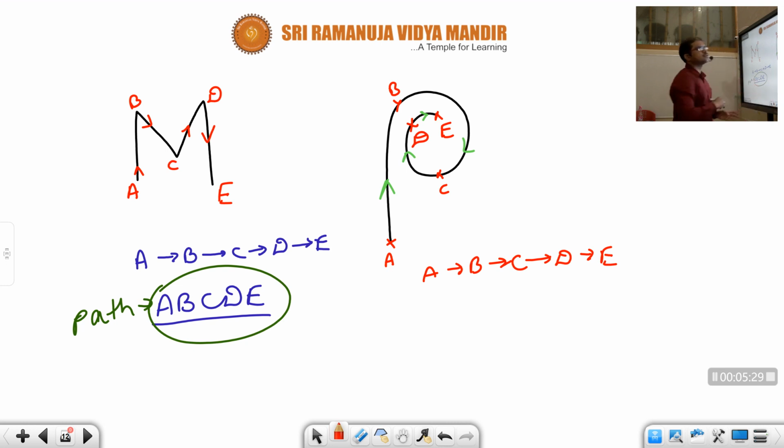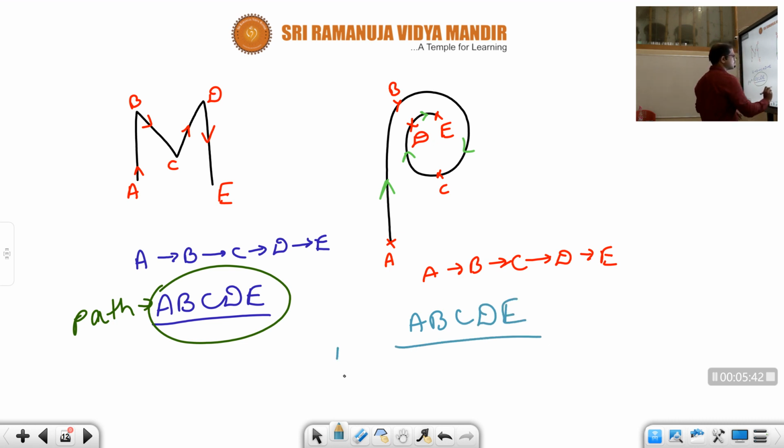So how can you write this, children? What is the path now? Path is A, B, C, D, E again. Identifying path is very, very simple. You need to observe how the line is drawn. The line represents the path of the particle. If the diagram is given and the question is what is the path followed by the particle, you need to check which consecutive points are connected.